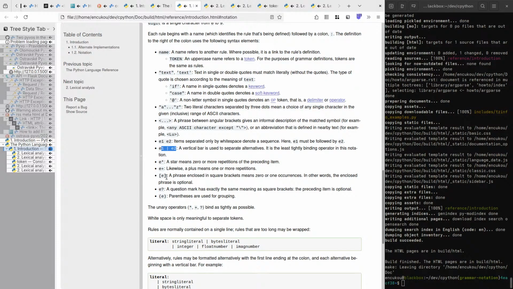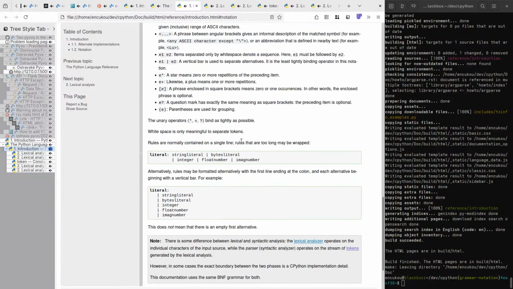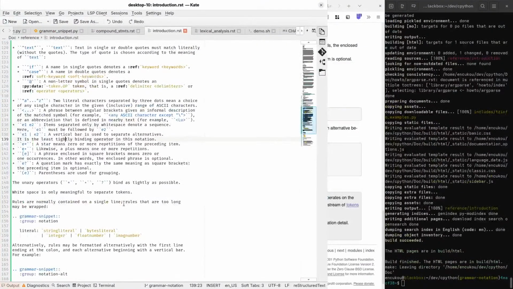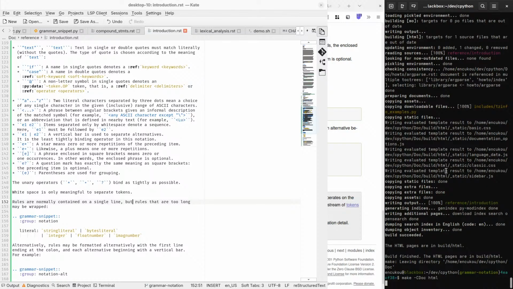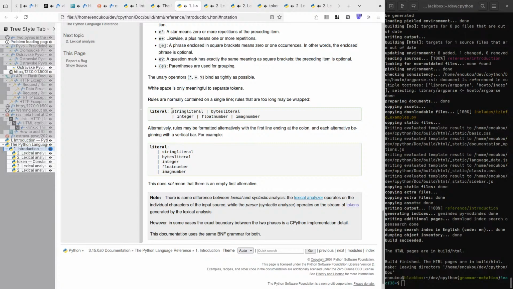Yeah, I think that's fine, because it's alternatives. Here, just another semicolon.